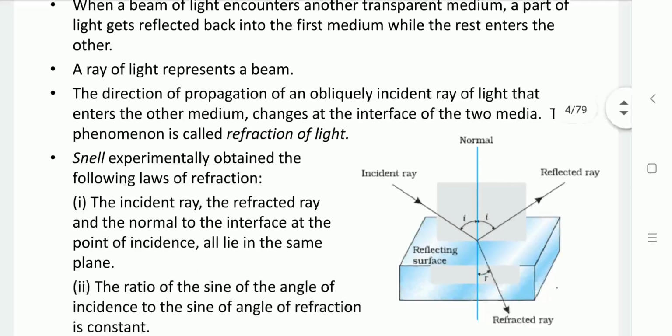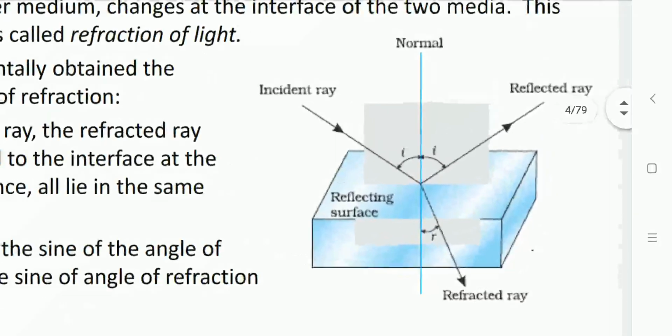As you can see in the diagram, one light ray is propagating through the air. It comes in contact with a glass slab. From the interface of that glass and air, some of the light component moves back into the air itself, in the same medium. That is known as reflection, and the wave, at some angle with respect to the normal, moving in the air is the reflected ray.